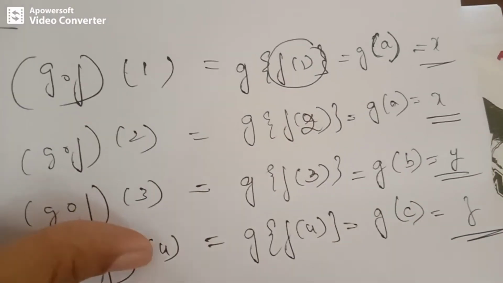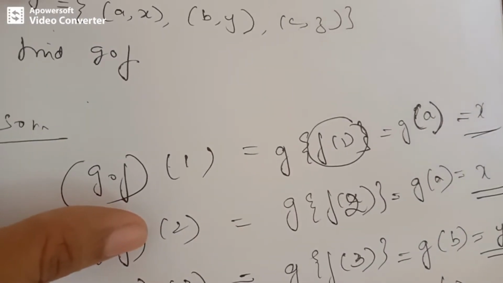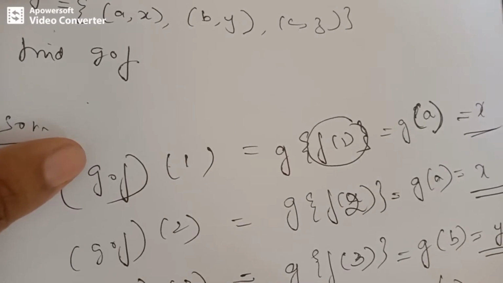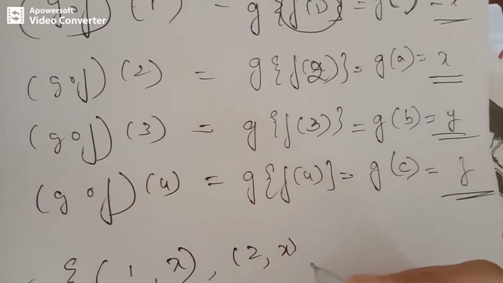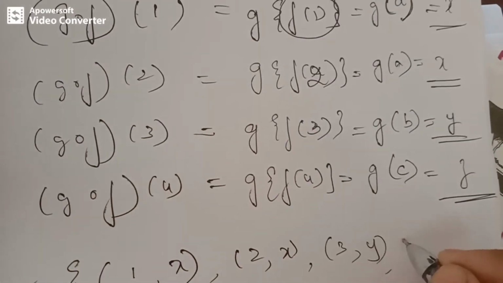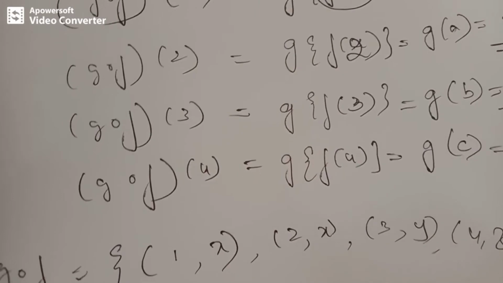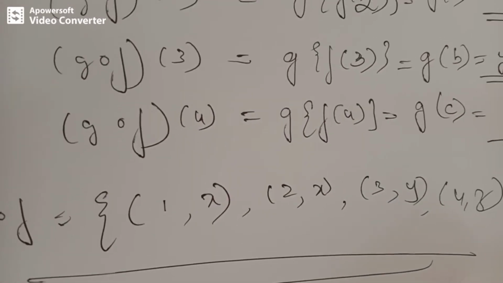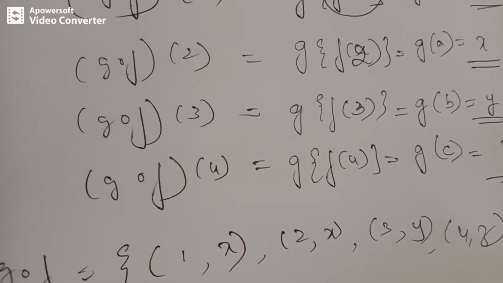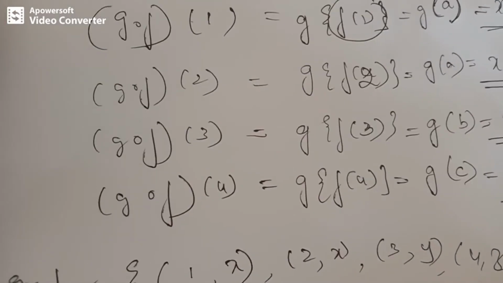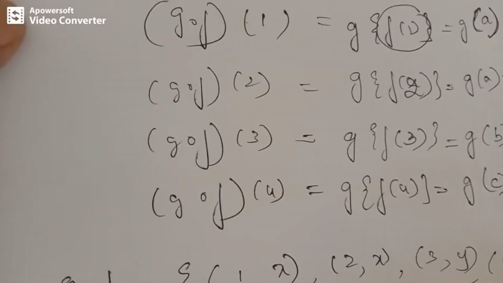They are just mappings, right? They are represented as ordered pairs (2, X), and finally we get (3, Y) and (4, Z). So this is what they have actually asked. One such question is sure to appear in the university papers. So see that you write it correctly and follow step by step. So coming to the next question.